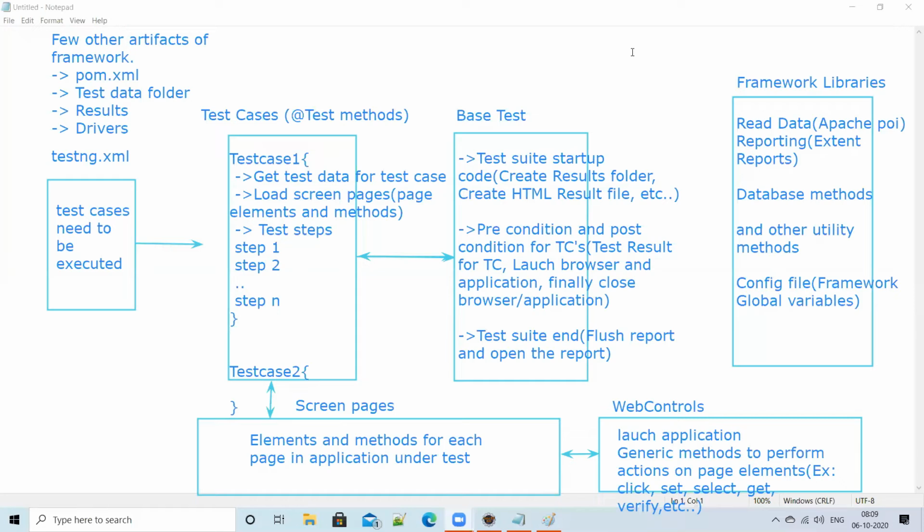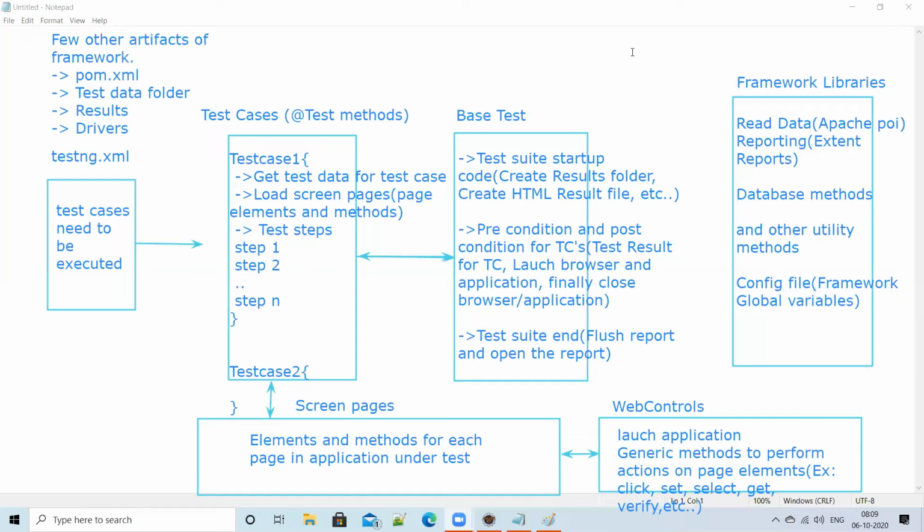If I have 20 pages in my application, I will have 20 classes, one class for each page. In every page class, we define the respective page elements and the methods to validate the page and elements.